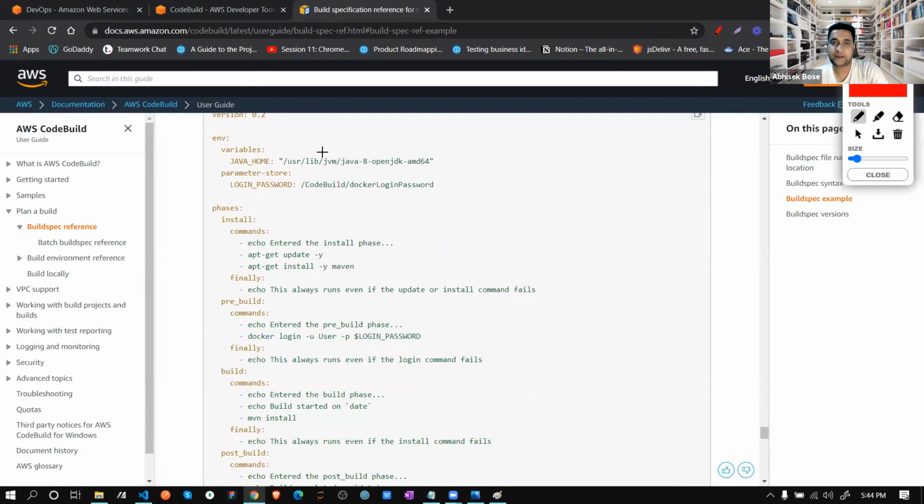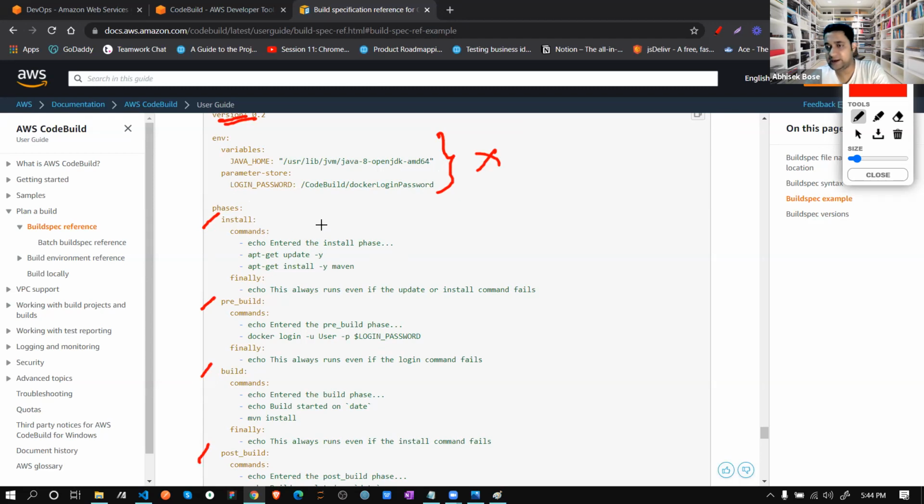Now here you can see this is the version name they are giving. Then they are setting up some environment, which in our case is not required. We already mentioned the phases: install, pre-build, build, post-build, 4. So these are my phases.